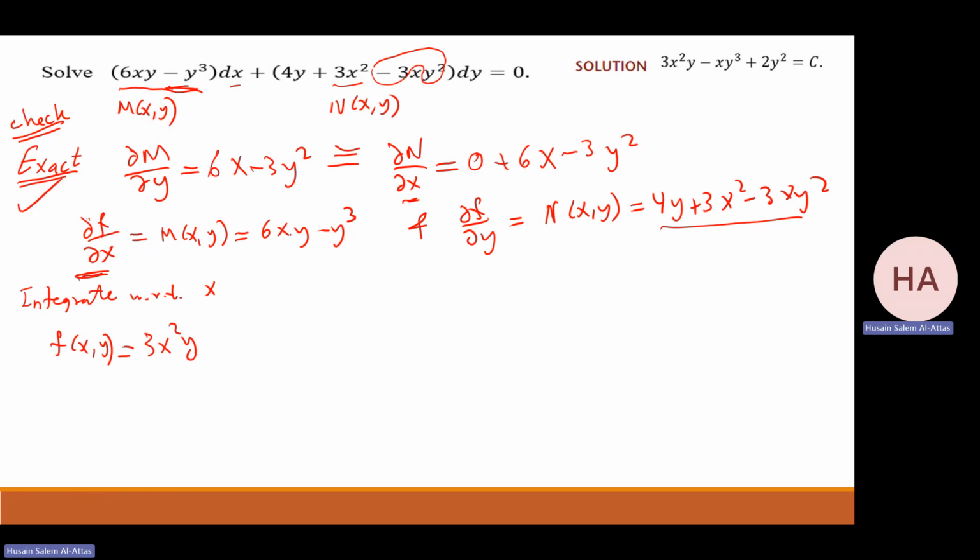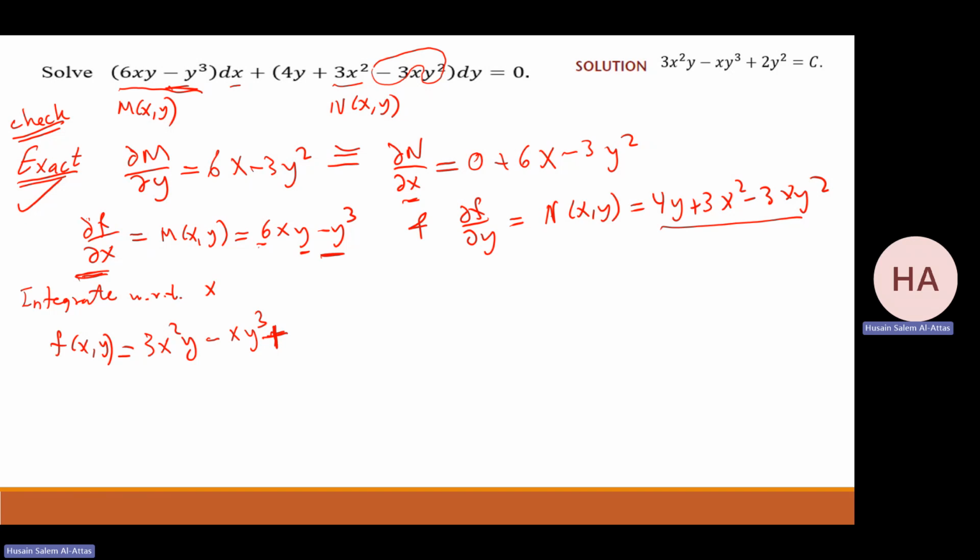Since I'm thinking of y as a constant, I have 6y as a constant, I have x squared over 2, the integral, it means 6 over 2, that will be 3x squared y. This one is just a constant. So it will be minus xy cubed. What's the integral of a constant? It's x. Do I need plus c? Oh, okay. I have plus c, but